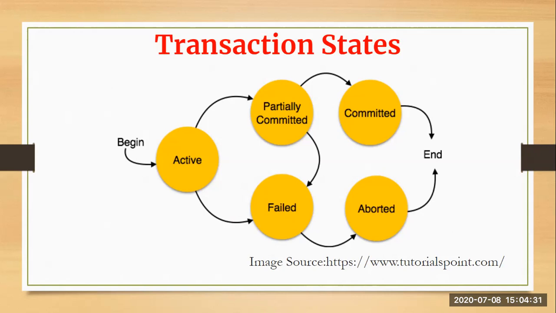Next, you have the failed state. A transaction is said to be in the failed state if any of the checks made by your database's recovery system fails. Always remember, a failed transaction cannot proceed further; it will stop right there. Next, you have aborted. If any of the checks fails and the transaction has reached a failed state, then the recovery manager rolls back all its write operations on the database and brings the database back to its original form, where it was prior to the execution of your transaction. Transactions in this state are called aborted.